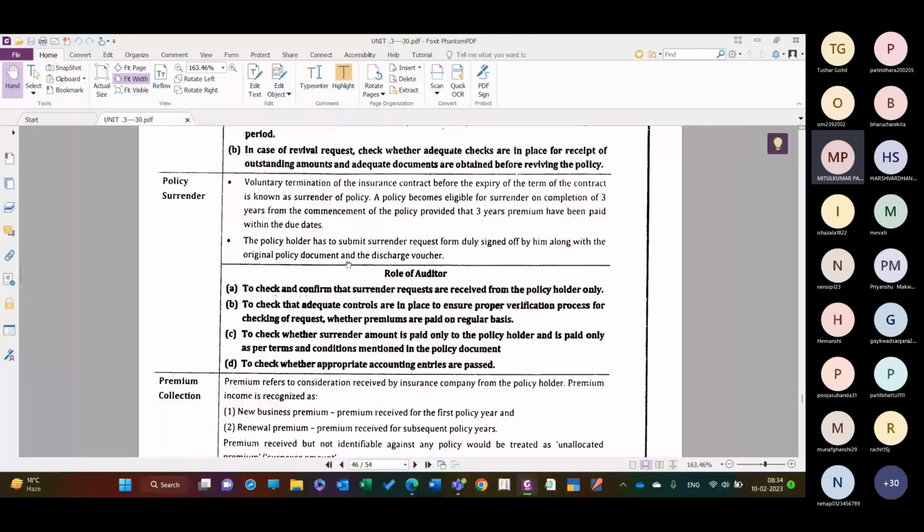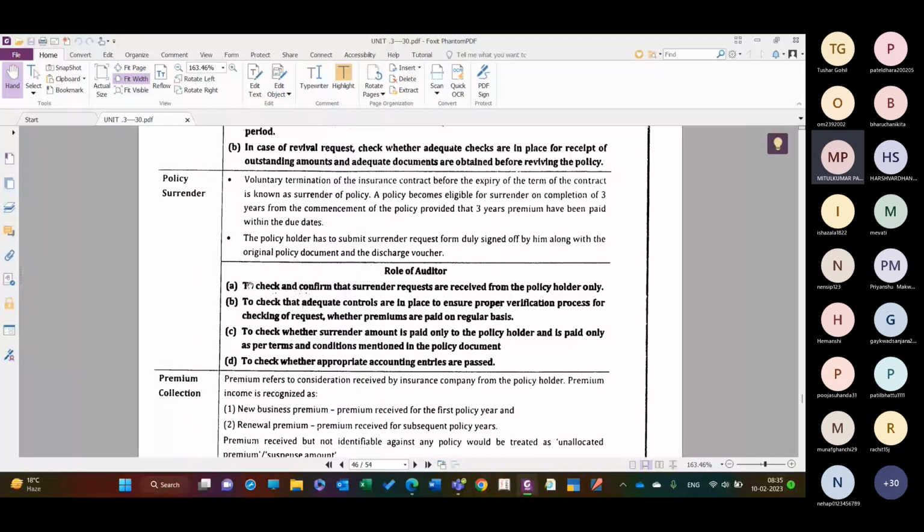So people will not be ready to, because if they move to the new regime, why would they invest? So they may surrender. Those who already have adequate insurance are going to surrender the insurance policy. That could be one of the reasons I am saying, though not applicable to everyone, but some who don't want to claim any deductions will surrender. Why would they pay the premium if they were sufficiently covered by other insurance policies, or the term insurance?